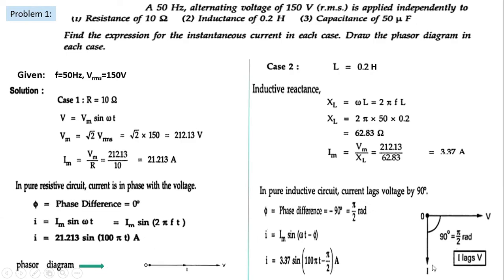amps. Look at the phasor diagram. In x-axis we have taken voltage. In negative y-axis we have taken current. Here current I lags voltage. It is phasor diagram for inductor. Value L is equal to 0.2 Henry. Then solve case 3